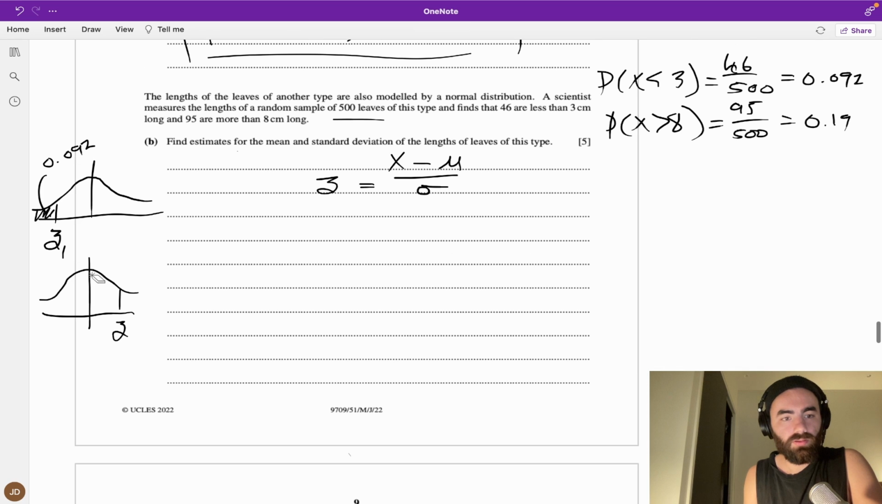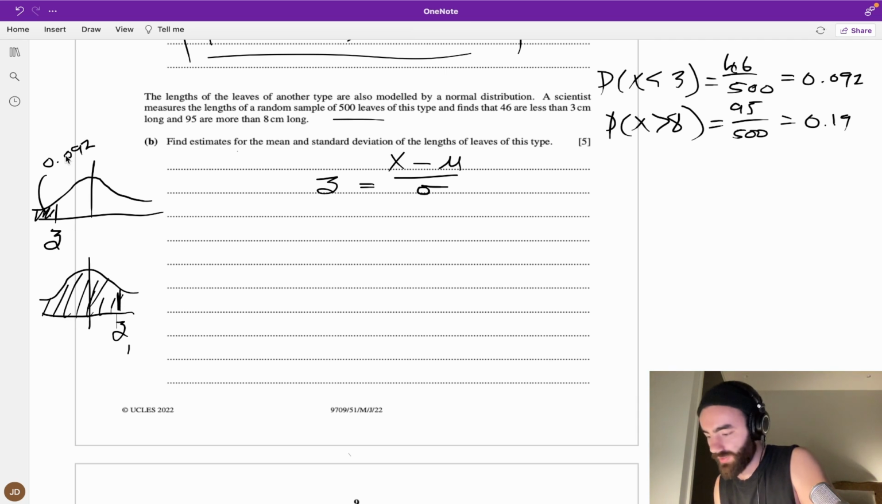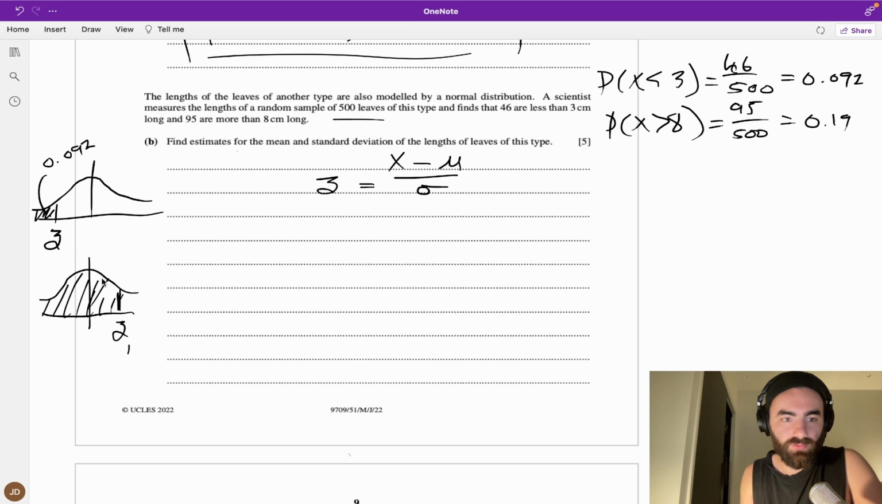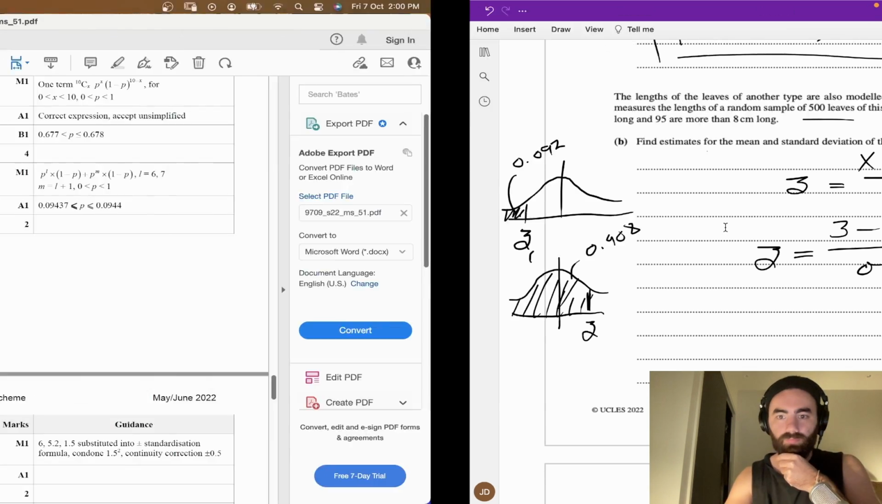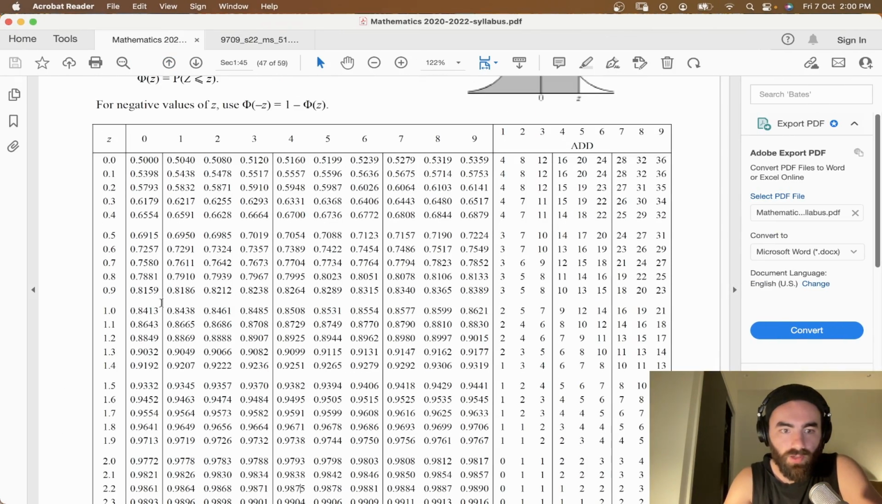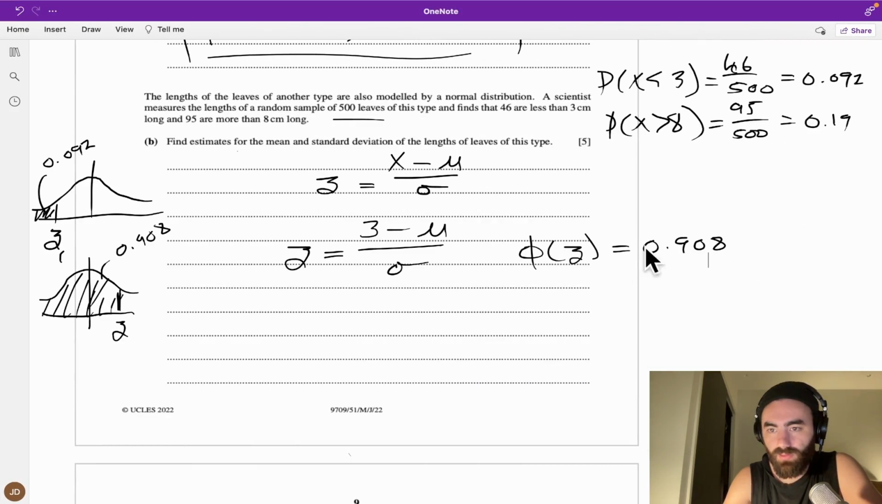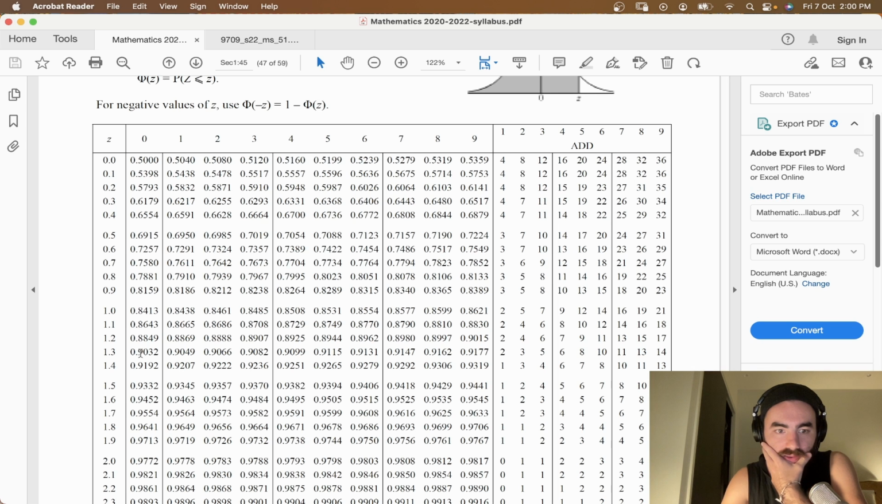So z1 will be this, which is going to be 1 minus this. 1 minus 0.092 is 0.908. So this is 0.908. Z equals 3 minus mu over lambda, but what z value gives 0.908? What value gives an area of 0.908? So 1.32 plus